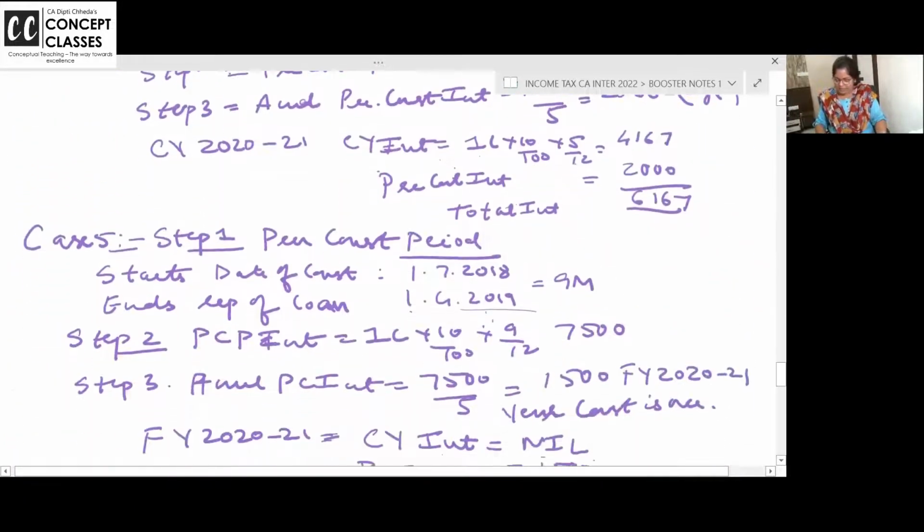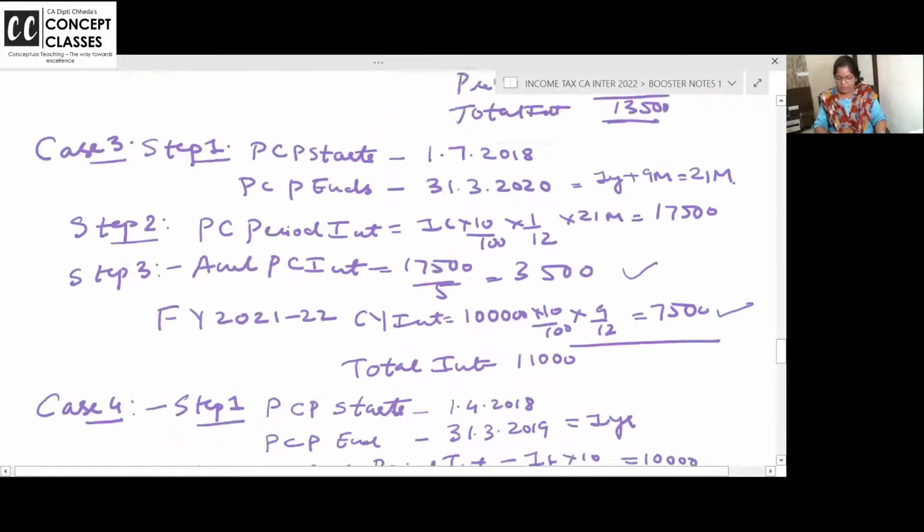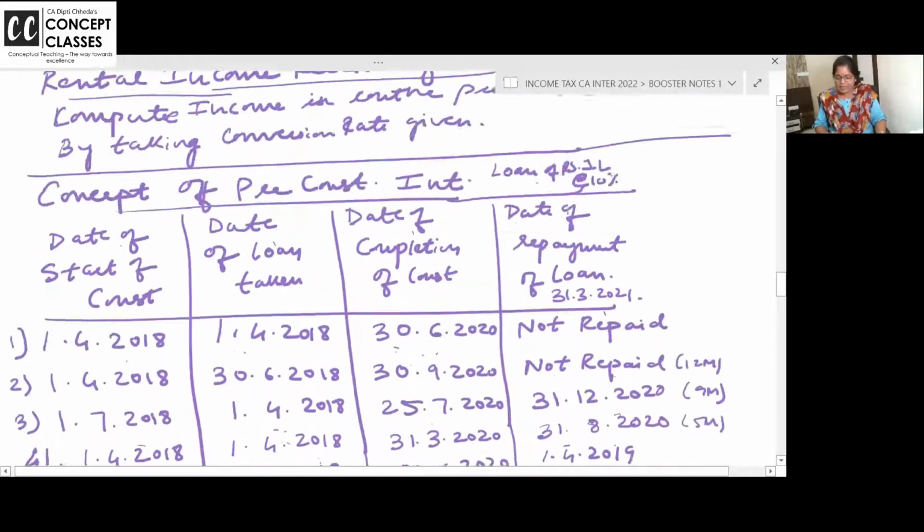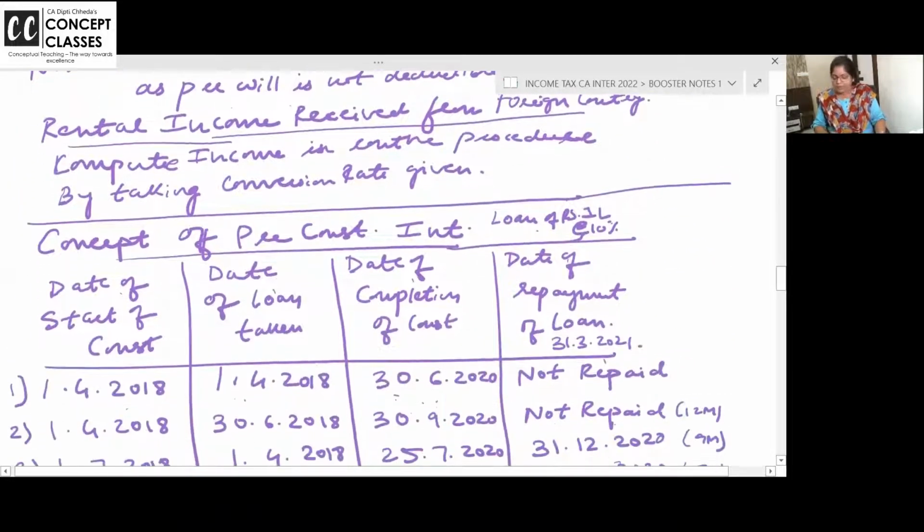Pre-construction interest I'll explain. But ये format में मुझे लग रहा है revision अच्छे से clear हो रहा है. Okay. Now, current year's interest is allowed in routine, and with that, sometimes what happens, when you start the construction, you take a loan. Once the construction is over in 2021, you start getting rental income, and against that you deduct interest on loan. But what about those 2-3 years, say 2019, 20, 2021, construction was going on, but at that time no rental income was there. That interest is called as